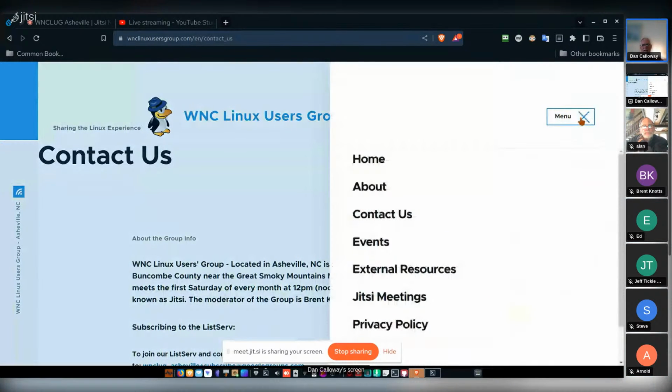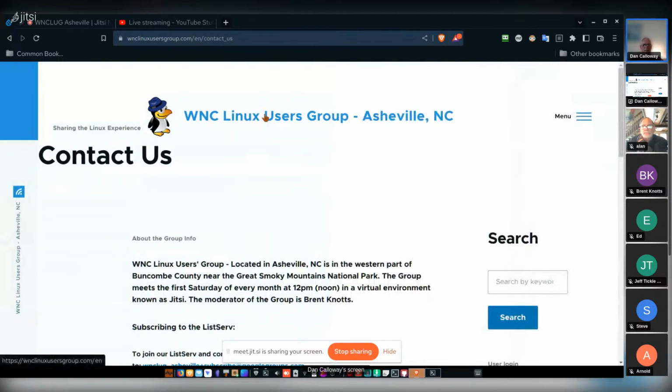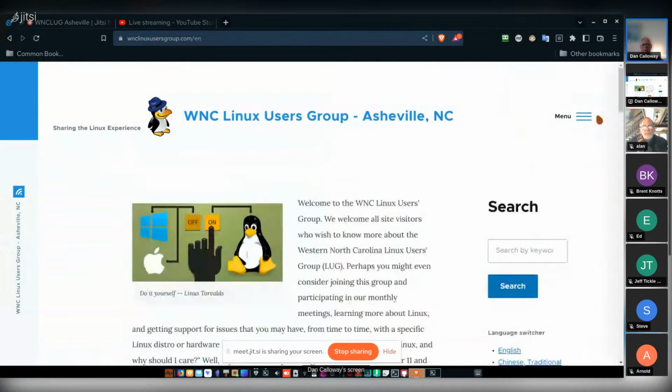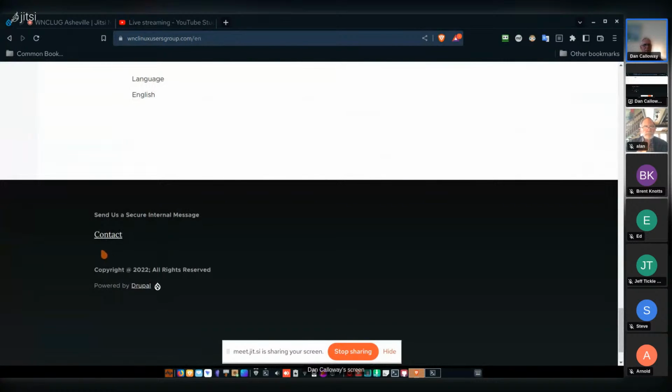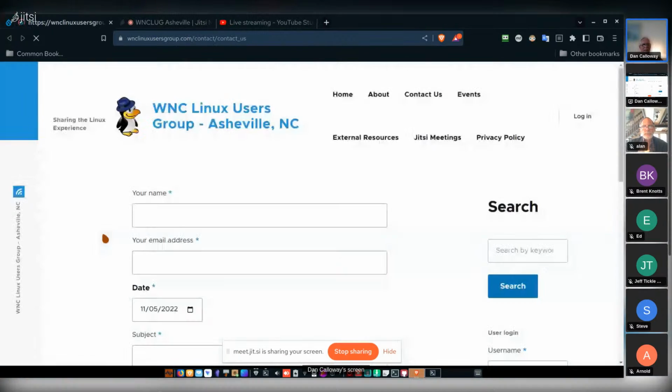All right. So that's the contact us. Now there's another way to contact us. Let me go back here. If I go to the main page, for instance, I didn't have to do that, but I will. Anyway, if I come down to the footer section, there's a contact section here, and it says send a secure internal message. They click the contact. It brings up the